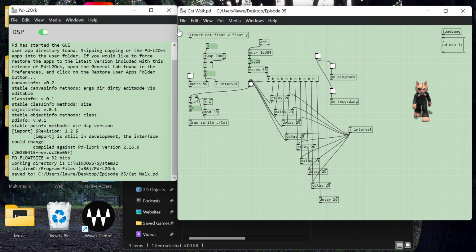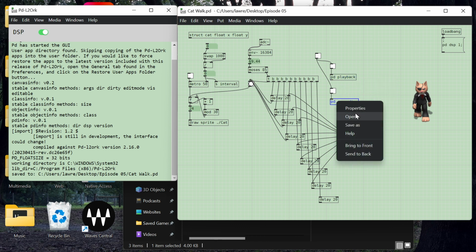Now, if you're in a live concert, you would want to be able to mute the input of your ADC over here, with a toggle and star tilde, just to mute the input here. So you could use this to gauge your level for the envelope, then mute this so it's not coming in here. And then over here, from PD playback,